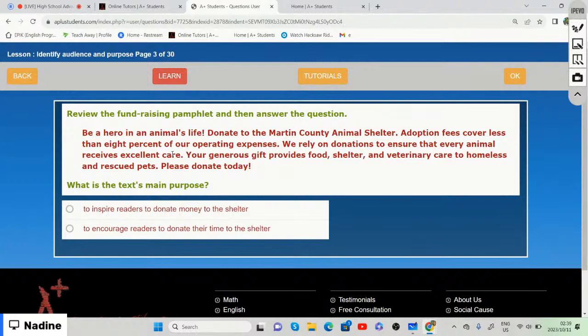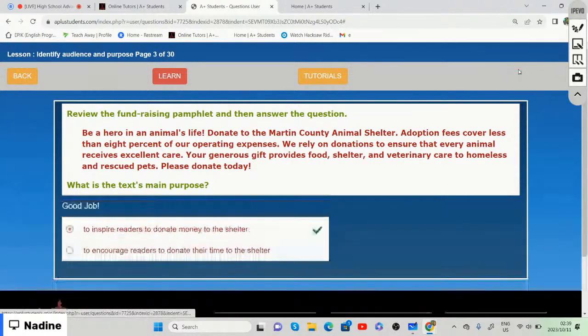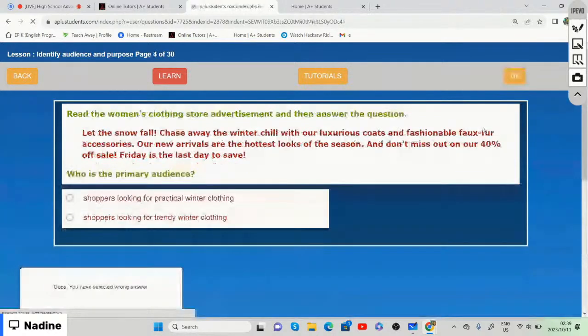Please donate today. So what is the main purpose of this text? Is it to inspire readers to donate money to the shelter, or to encourage readers to donate their time to the shelter? It's to donate their money, right? Donate the money because